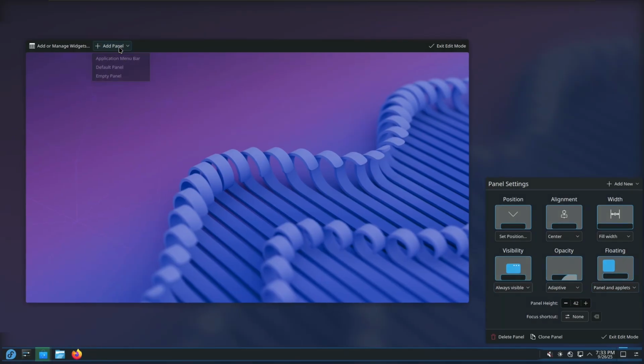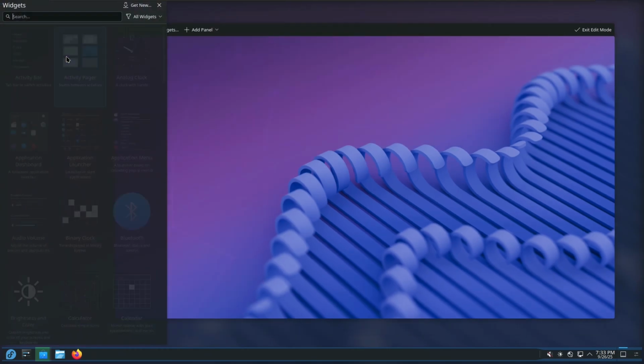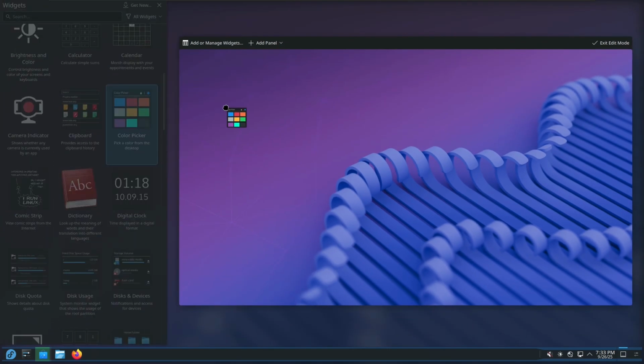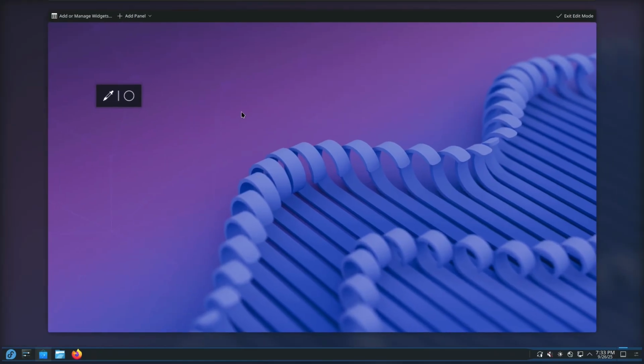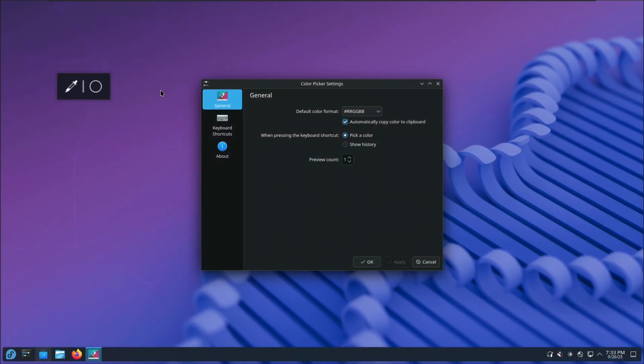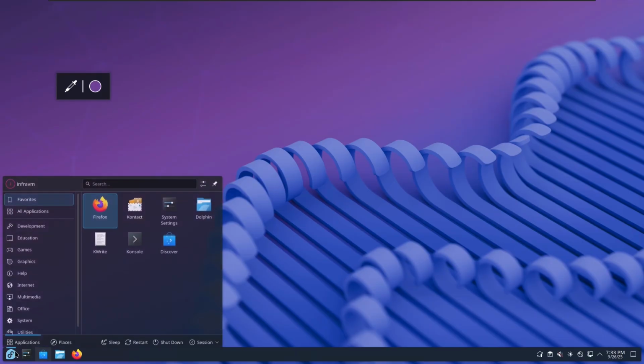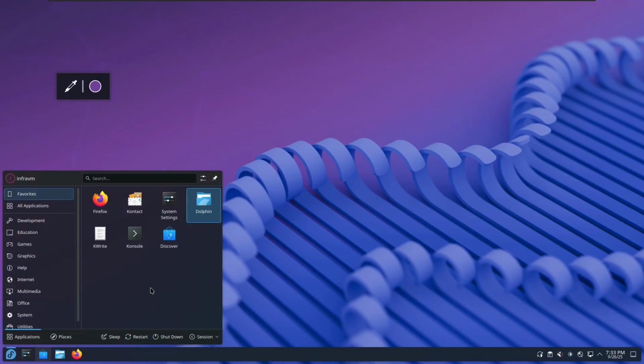You can also, kind of like Windows 7, add widgets to your desktop, which is cool. Color picker. Interesting. Now I can do that. Thank you, KDE. There's lots of